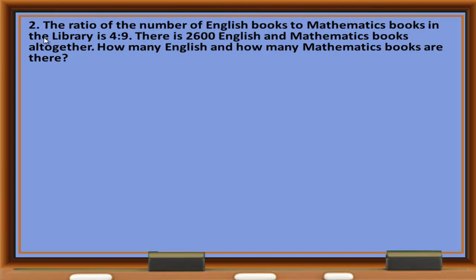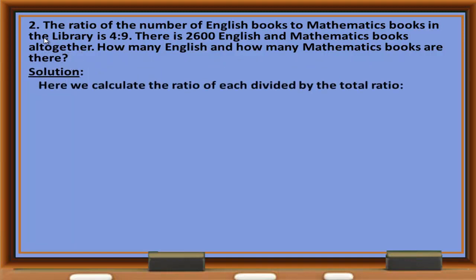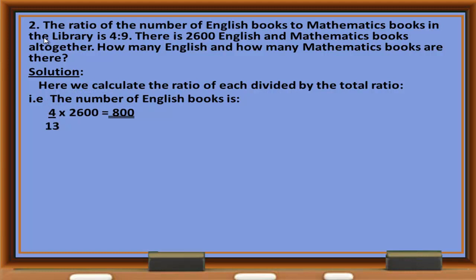Number 2. The ratio of the number of English books to mathematics books in the library is 4:9. There are 2,600 English and mathematics books altogether. How many English and how many mathematics books are there? Solution. Here we calculate the ratio of each divided by the total ratio. That is, the number of English books is 4 over total ratio 13, that is 4 plus 9, times 2600